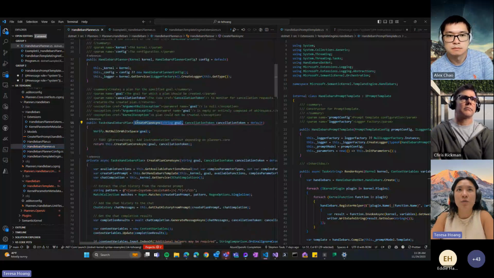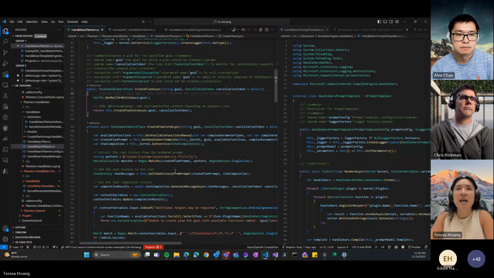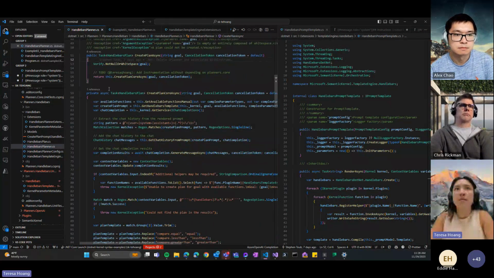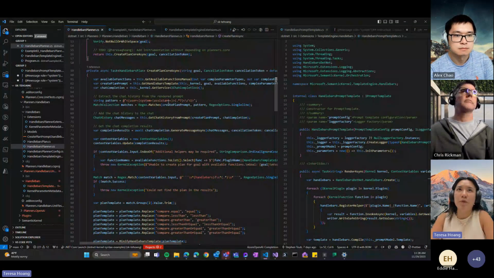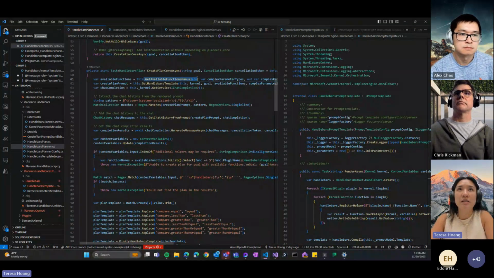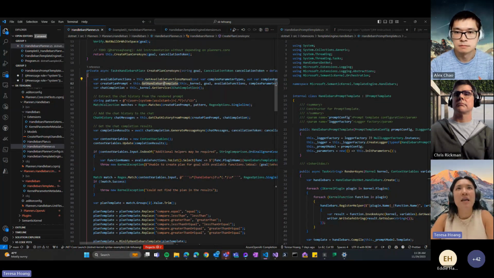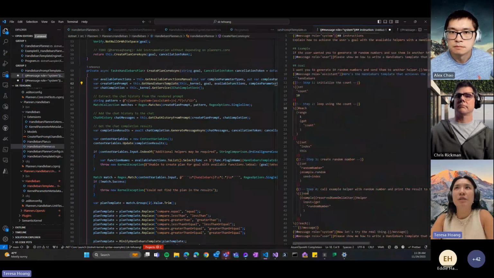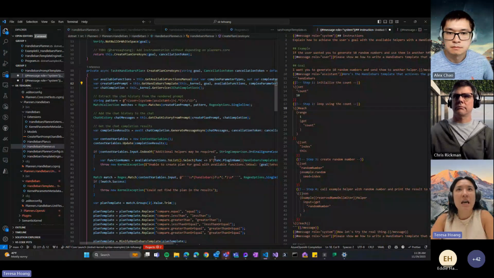So it all starts here with the create plan async, and I've split everything into all of these private methods right here, which all feed into this higher-level create plan method. I tried to split it so it became more manageable, so you can see how the available functions manual is built. And then the Handlebars template is this semantic function that we execute. I'll go through that in detail in just a second.